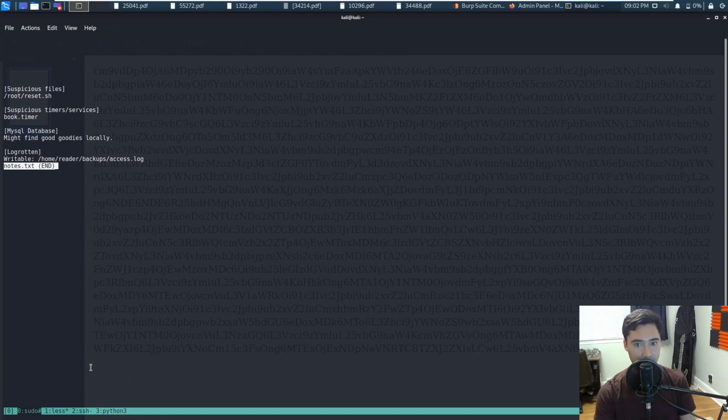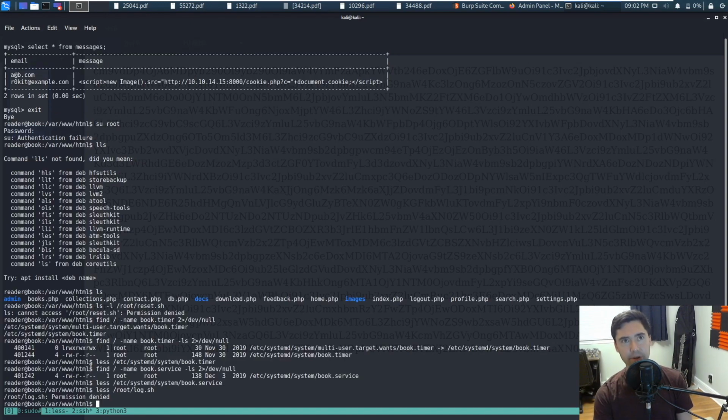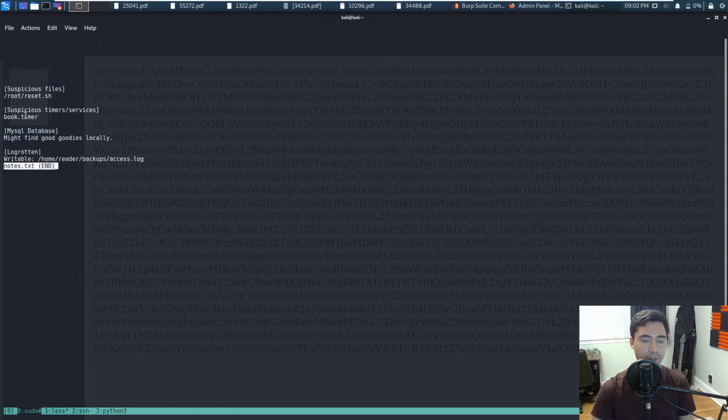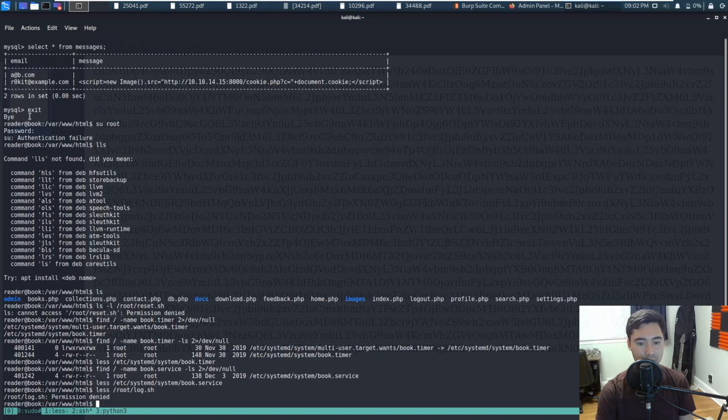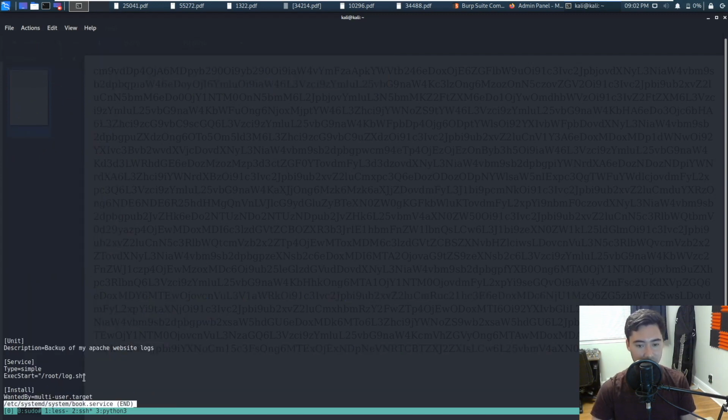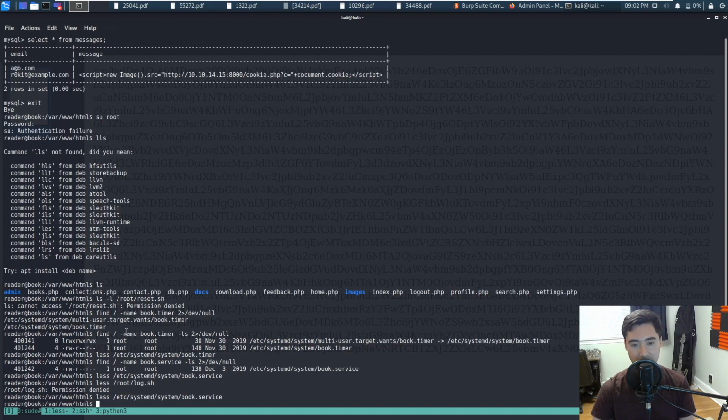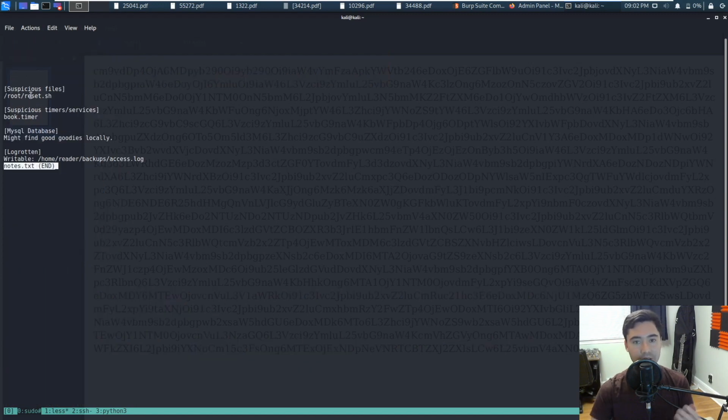So we did notice cron jobs were running like every 35 seconds. And more specifically, book.service will execute root log.sh, and book.timer will fire as well, and that should probably trigger the shell script reset.sh. And since this is a shell script, underneath the hood it's going to be executing commands, and we can